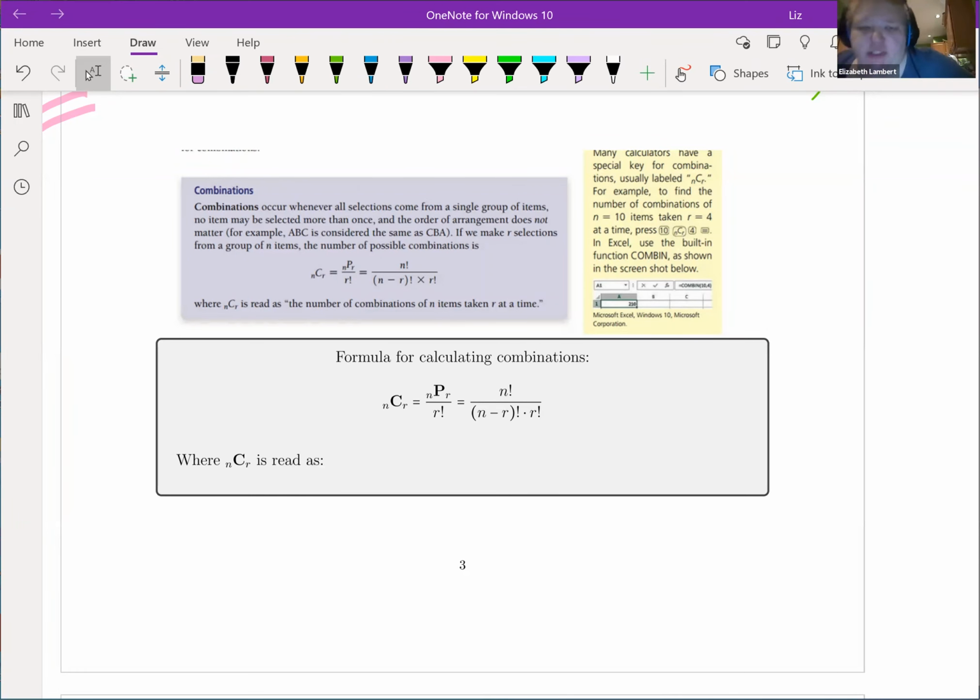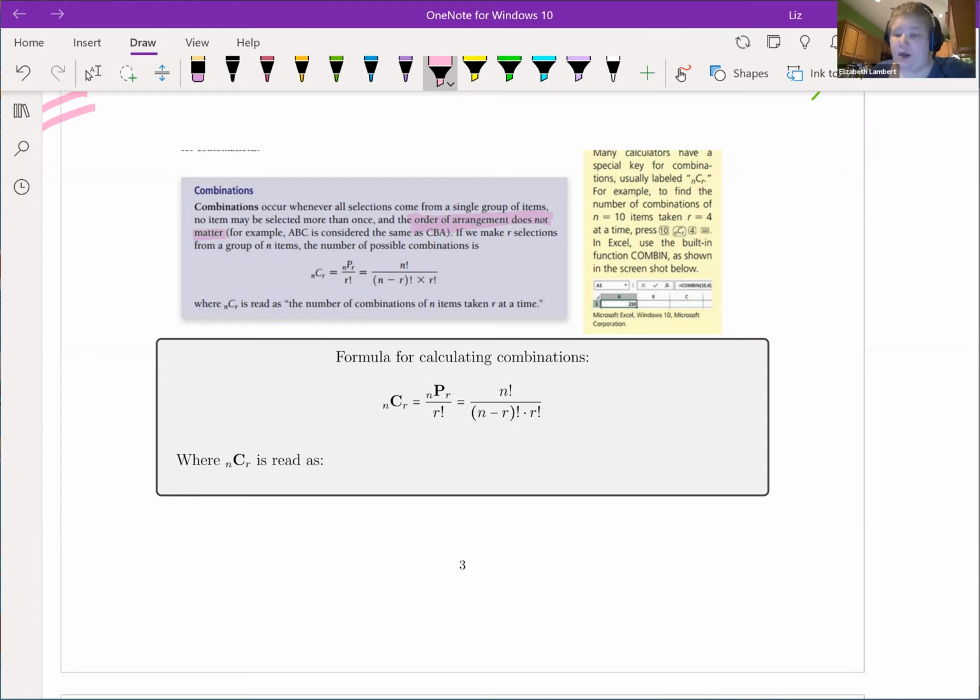Now we have combinations. Combinations occur whenever all selections come from a single group of items. No item may be selected more than once, and the order of arrangement does not matter. So here, picking ABC is the same as picking CBA. If we make our selections from a group of n items, the number of possible combinations is